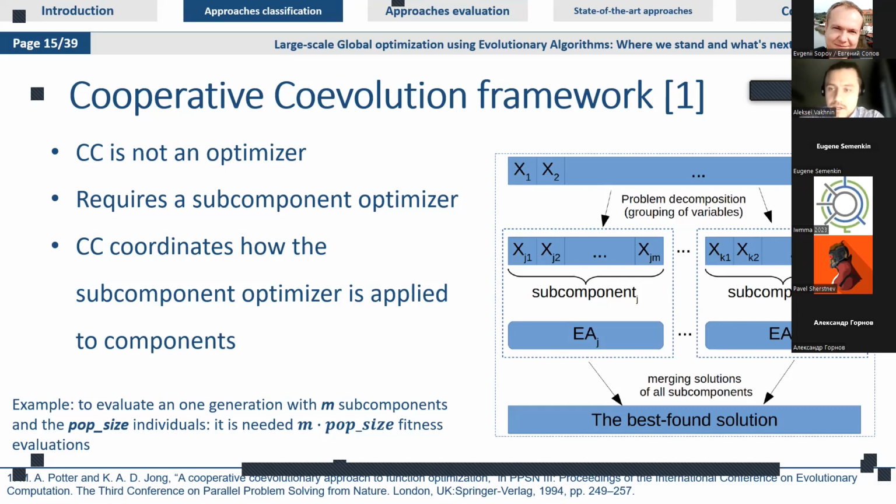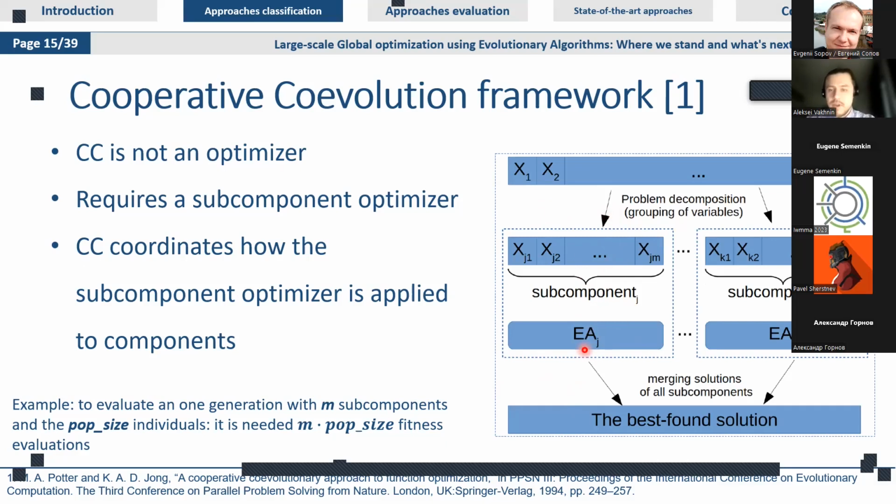And here on the picture, there is an example. We have a large optimization vector with many parameters. We divide this huge vector into smaller sub-problems and try to optimize them independently of each other using some evolutionary algorithm